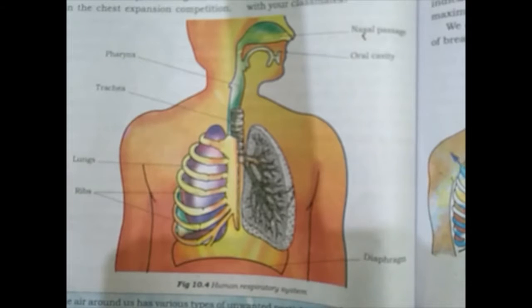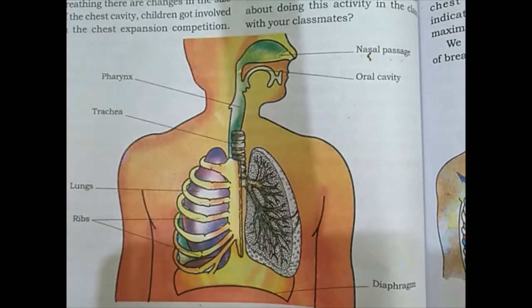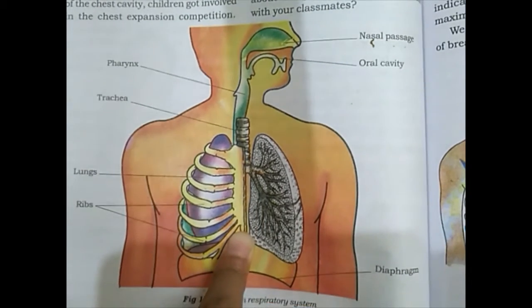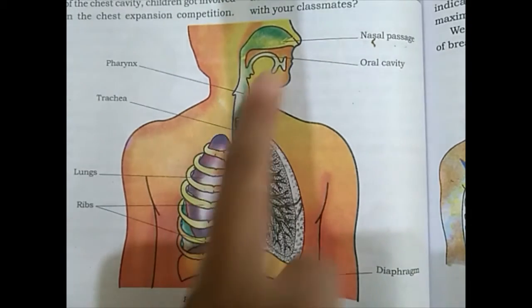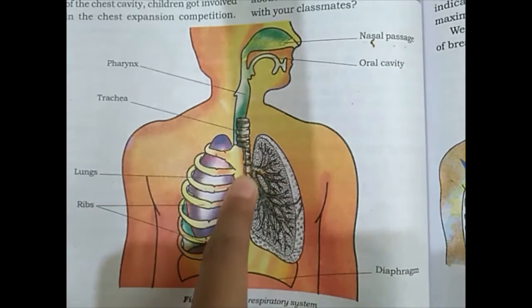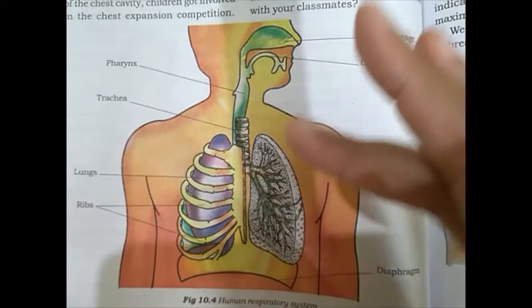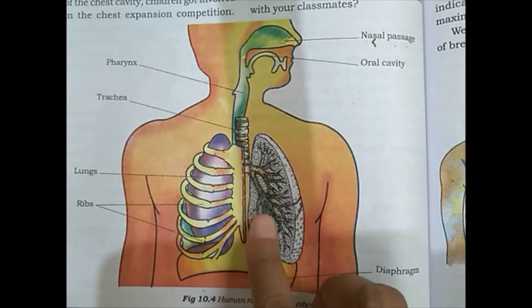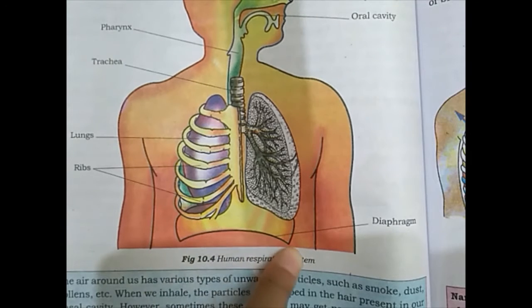Students, in our science lecture, we are learning our chapter number 10, that is respiration in organisms. In our last lecture, we learned about the way of breathing, how we take air inside our lungs and what is the path of that air, through which organ it goes towards the lung, and what happens inside the lungs. We also discussed what happens inside the alveoli, and again we learned about the diaphragm.